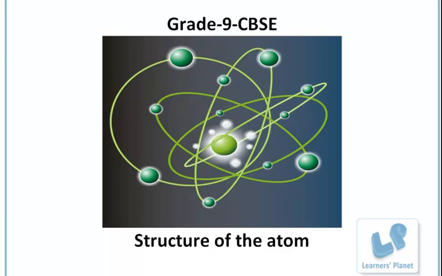We have already discussed the structure of atom and the various models of atoms proposed by scientists, that is the Bohr model and the Rutherford model. According to Bohr, in the center of the atom there is a nucleus in which protons and neutrons are present, whereas electrons revolve around the nucleus in fixed circular paths called orbits. So we'll also be discussing the distribution of electrons in these orbits, which are also called shells. So let's start our session here, students.